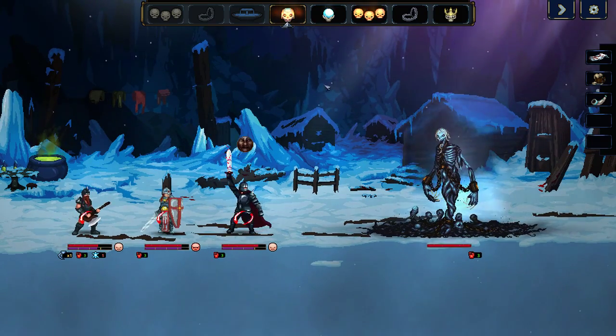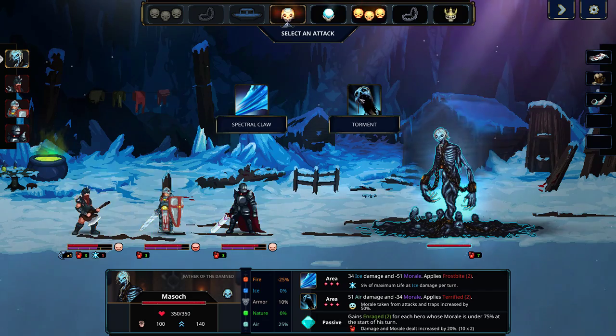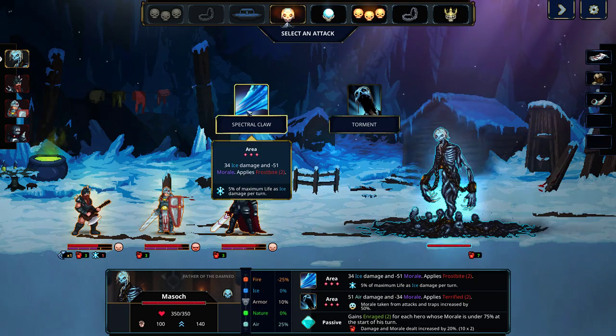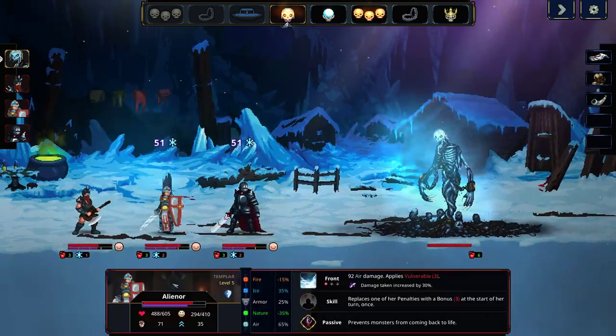No problem. Like, you want to apply Terrified so your second attack does even more morale damage. But it just does so much just sweeping with this bad boy. And this should get us more enraged, so...